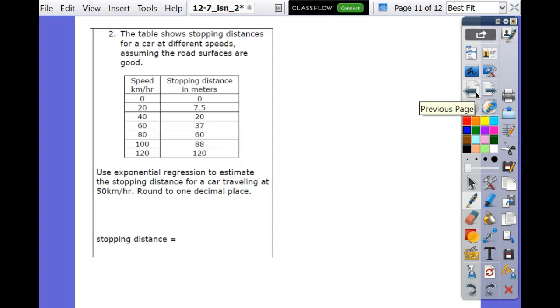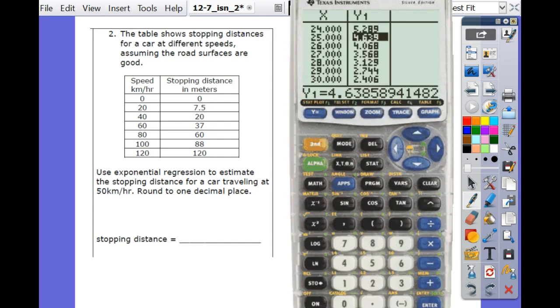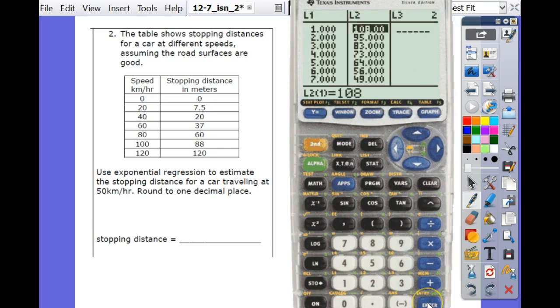I assume as you start learning to drive and hopefully start learning to drive better and better, you know that if you're going at a very fast rate of speed, it's going to take you longer to stop than if you're going at a slow rate of speed. And that is actually an exponential relationship. So we are going to go back in to the stat,